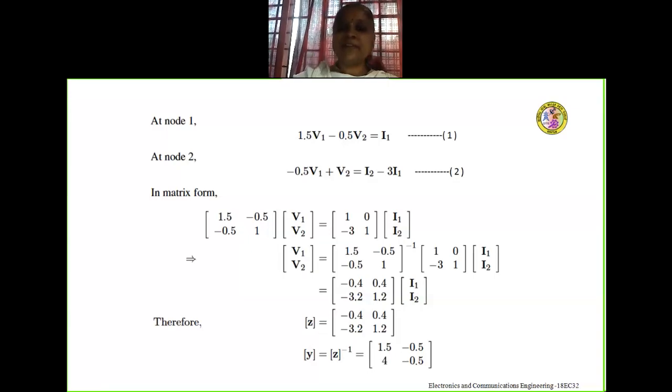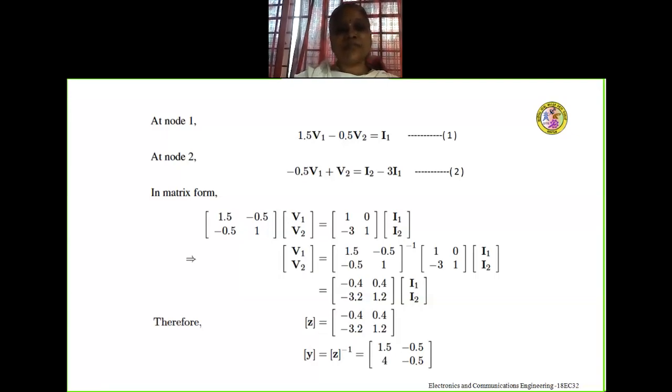Let me repeat once again, equation number 2: minus 0.5 V1 plus V2 is equal to I2 minus 3 I1. So by writing these two equations in matrix form, we get